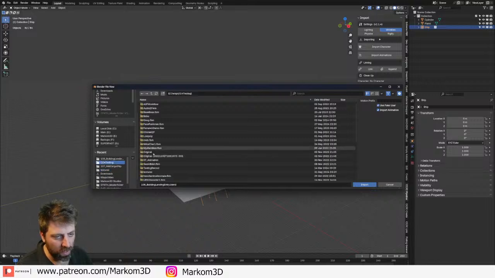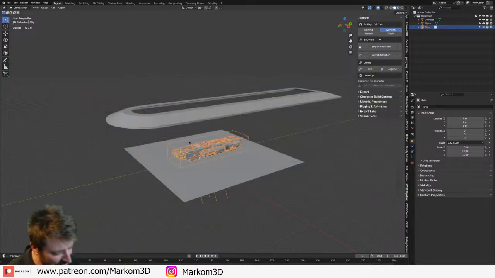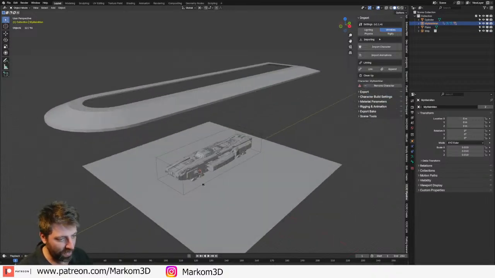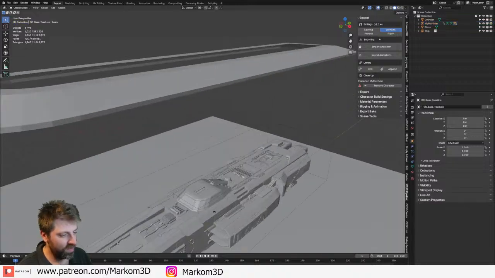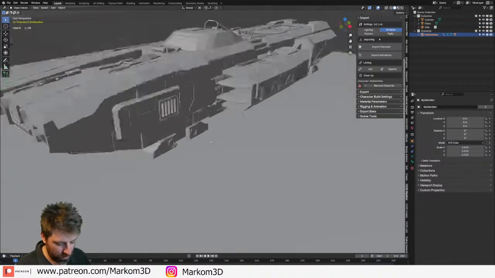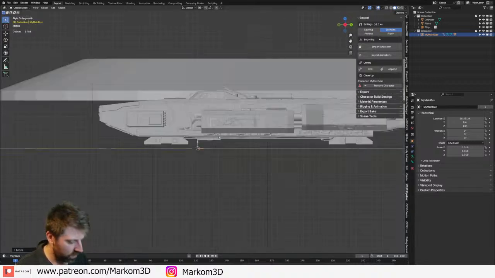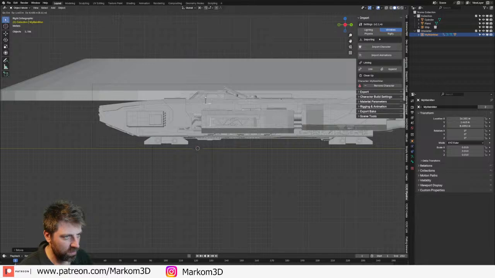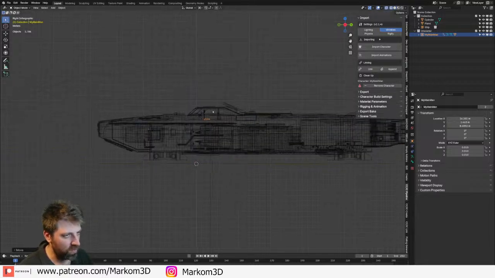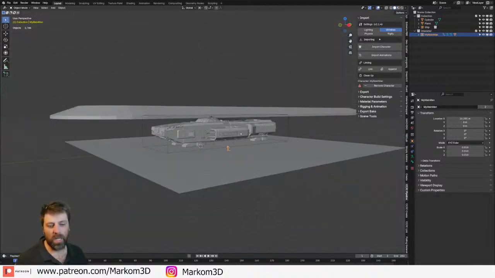Let's go down into CC4 testing, and who are we importing? My man. Okay, there he is. Hello. Hello, buddy. Control J to join. Move new collection character. C. And then we'll just move him off to the side. Is that to scale? GZ. Seems like it. Yes, it is to scale. All right. So this is kind of like the scale of the ship.